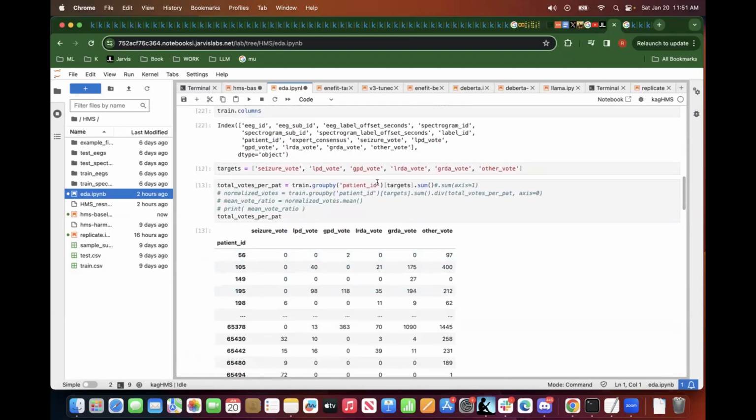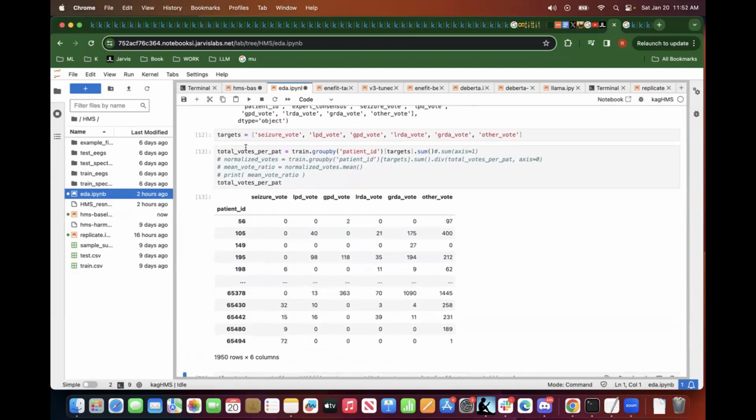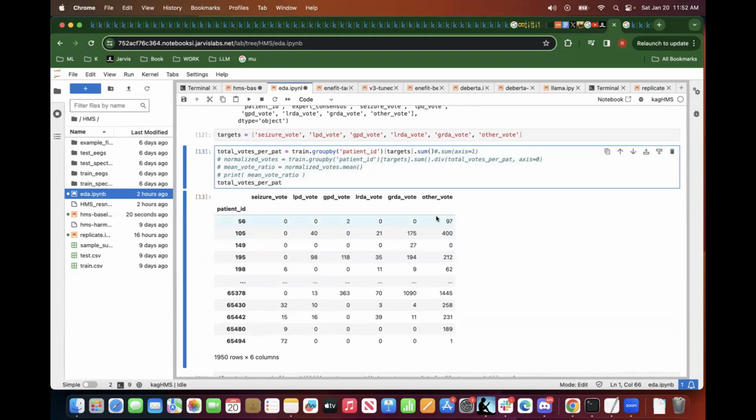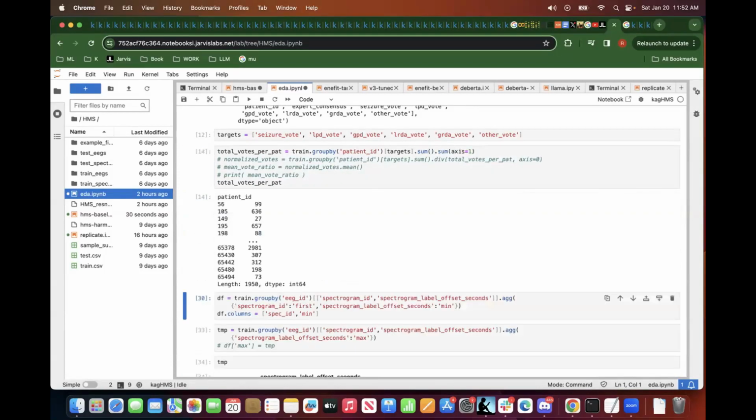So this is what is going to be the sum. This is basically for each patient ID, because you have these multiple rows for each patient, right? So you're getting like the total votes of seizure, you're combining them. So you're combining across rows to get just one row. Correct. Yeah, right? That's what I was saying. The first sum is across the rows per patient. Yep. And then the next sum does the